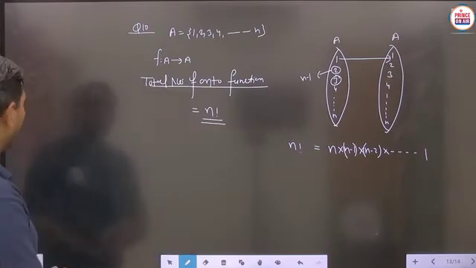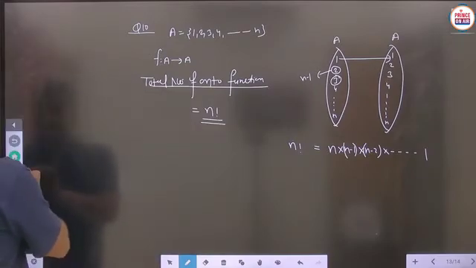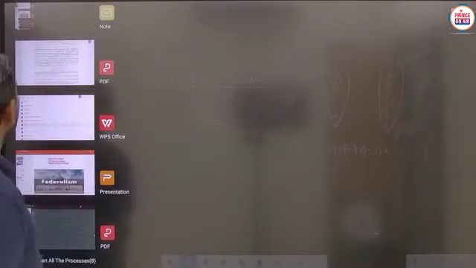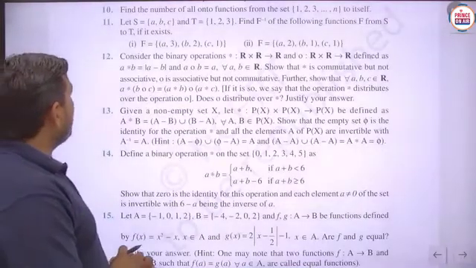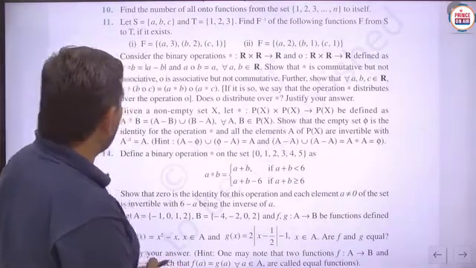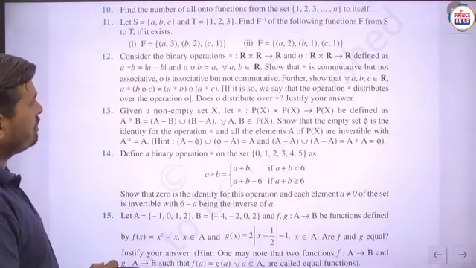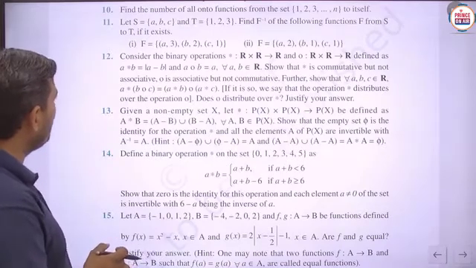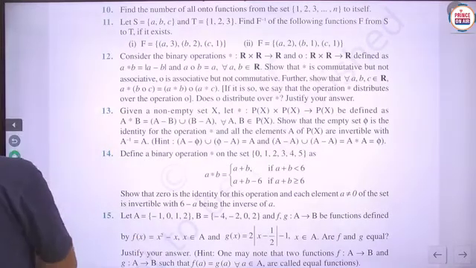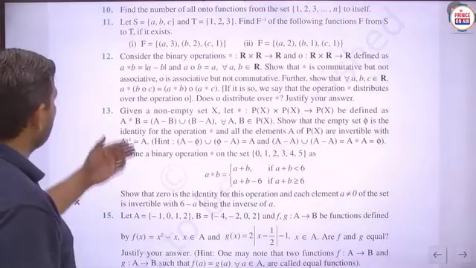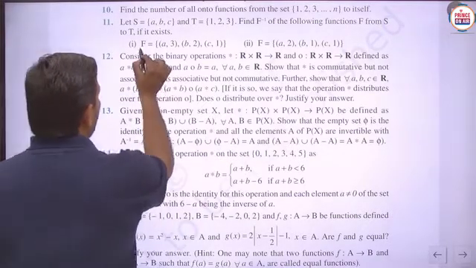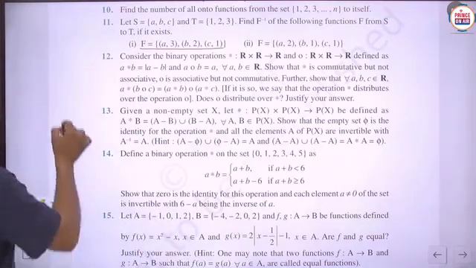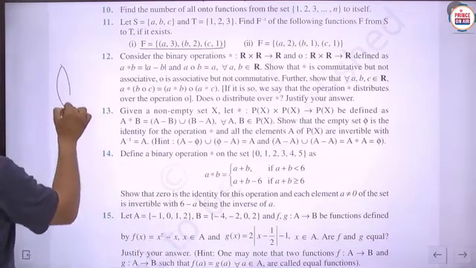Next question, number 11, we are taking. In this question number 11, again a very simple part is to be given. S is given as {a, b, c}, T is given as {1, 2, 3}. Find f inverse of the following functions from S to T, if it exists. So you can see the answer here. This particular function f is given as (a,3), (b,2) and (c,1). So you can map like this.